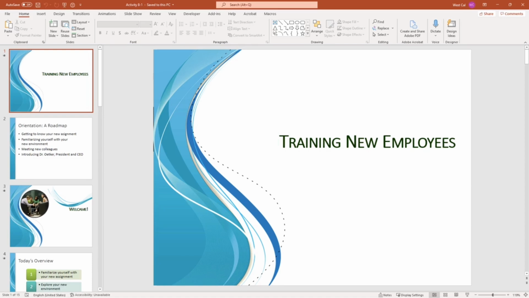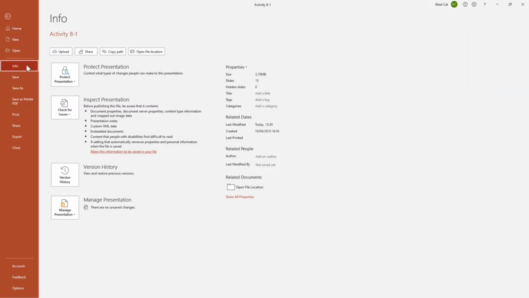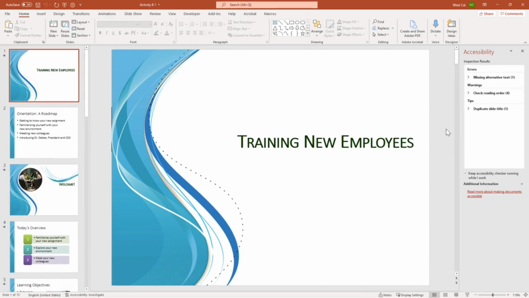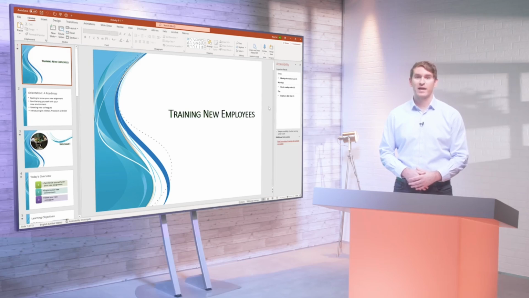To begin checking for accessibility issues, click File, Info, Check for Issues, and Check Accessibility. You will be returned to the presentation. The accessibility task pane will then be displayed on the right-hand side of your screen. Its contents will be divided into 3 sections. You can click on any issue to go to that object and view more information about the related problem in